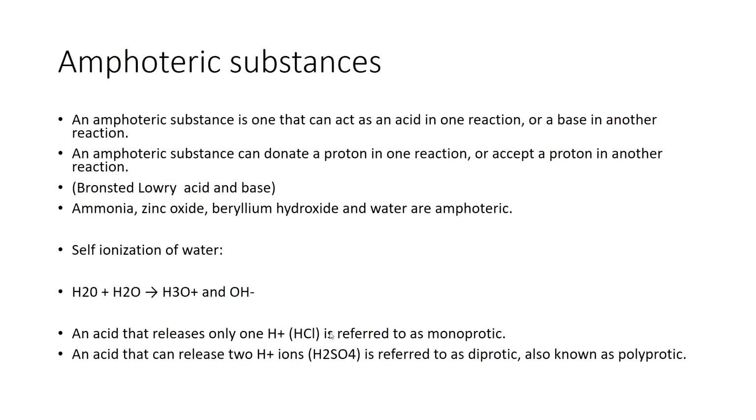Right, let us look at the amphoteric substances. An amphoteric substance is defined as a substance that can act as an acid in one reaction or a base in another reaction. It is important for you to note that. It's a substance that in this particular reaction is an acid, but when you look at another reaction, the very same substance is a base. For example,